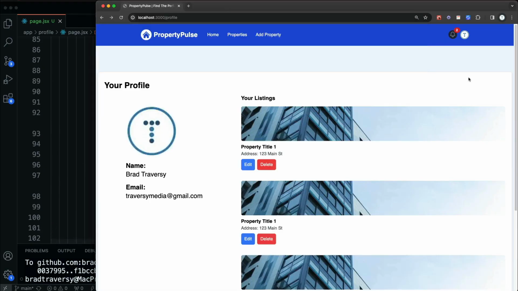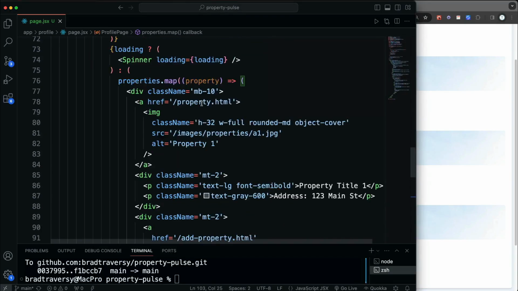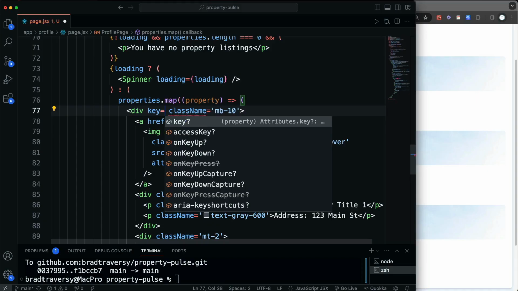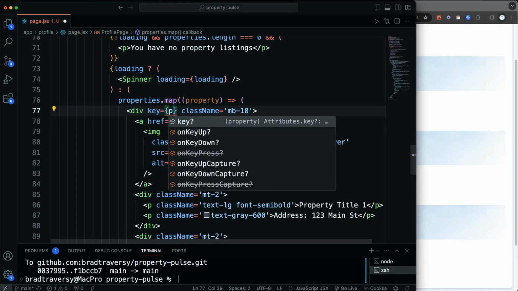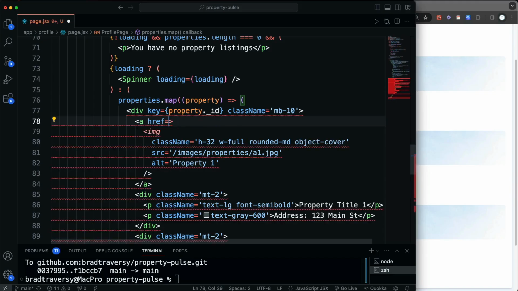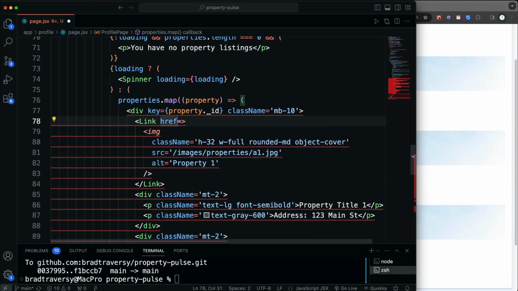Let's save it. And you can see now I have 3 because this user has 3 listings. Now it's all hard-coded data, so we'll change that. Let's go directly in the map in this div, and we need to add a key because it's a list. So let's set that to the property dot underscore ID, right? And then the link, first of all, we want this to be link. And then href is going to be,